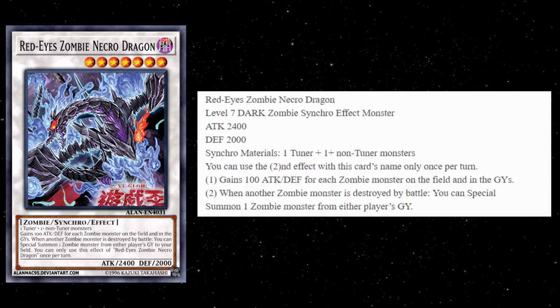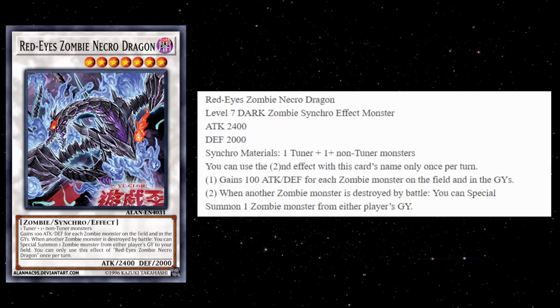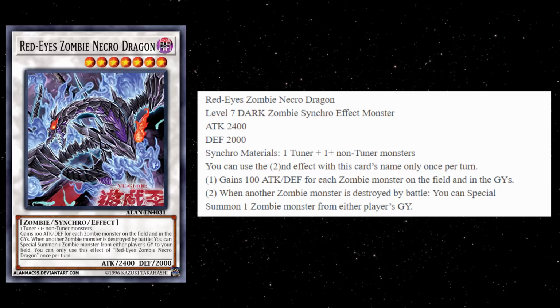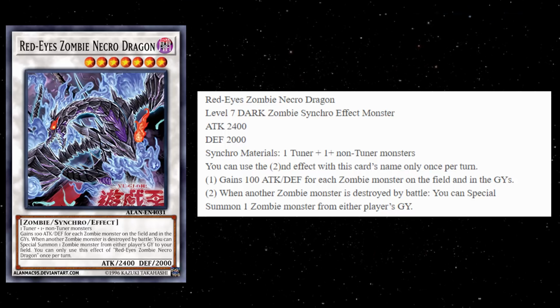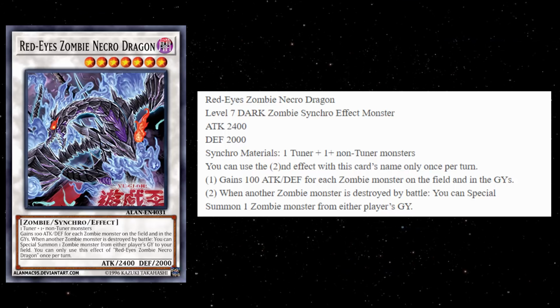You could easily drop this card turn 2 and have like plus 1,000 attack, which is very legitimate. I mean, maybe you summon it in defense mode. I don't know if that's going to happen, but this card could easily be a beat stick early in the game. The second effect says, when another zombie monster is destroyed by battle, you can special summon one zombie monster